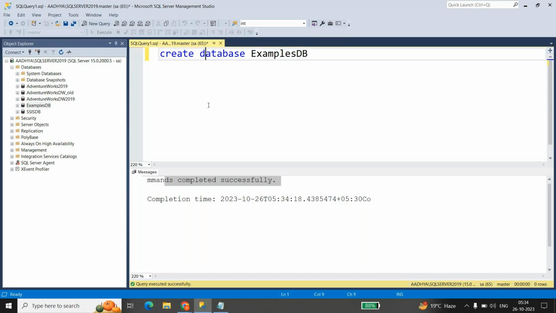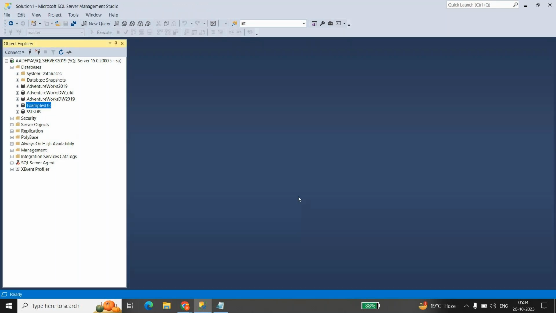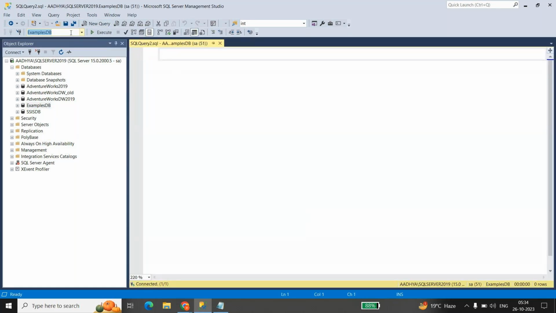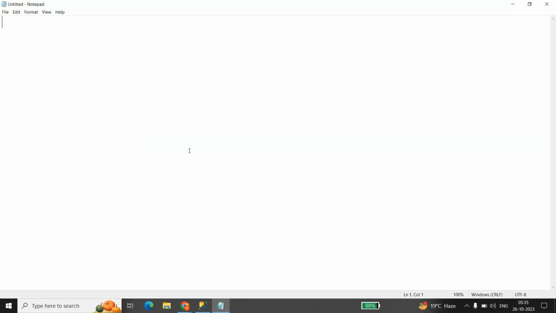Okay, right, now just close this query window. Now select the database in which you want to work. Now click on new query here. So you can see examples db in the query window. Now let's create the tables. Okay, so how do you create a table? So here, create table, then you have table underscore name, then open bracket, close bracket here, then you have column 1